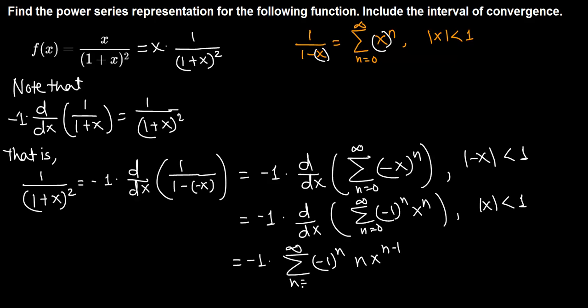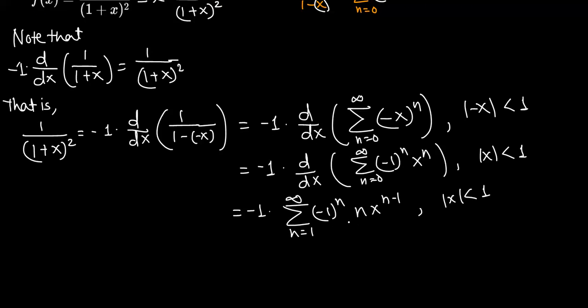We were supposed to write n from 0 through infinity, but for n equals 0 the very first term is something times 0 times x, so it will be 0. So we start from n equals 1. When we differentiate, the sum should start from 1. Even if you write n equals 0, it's not wrong,